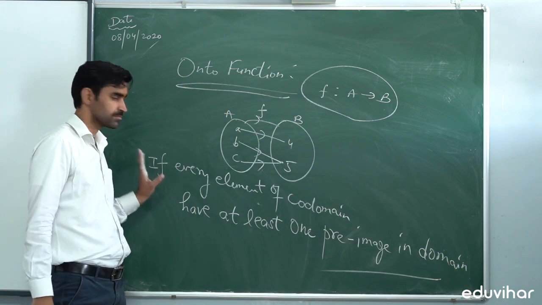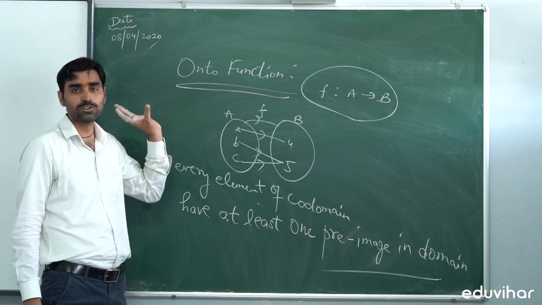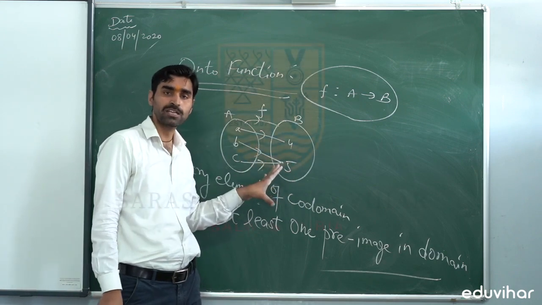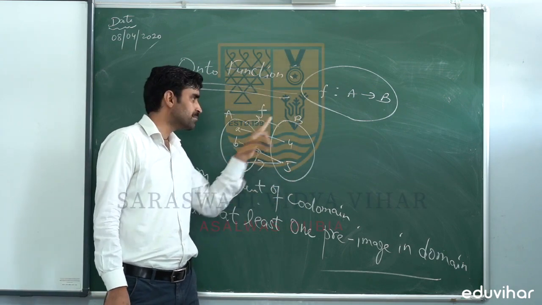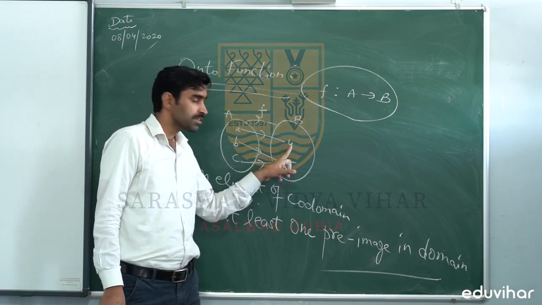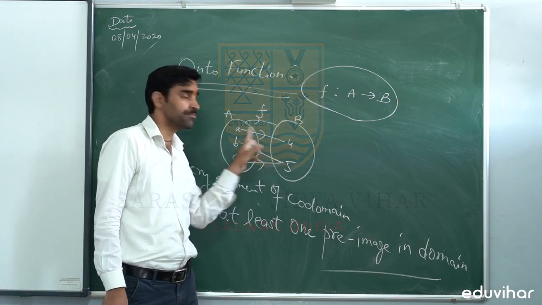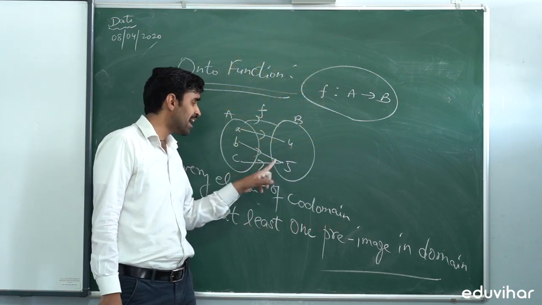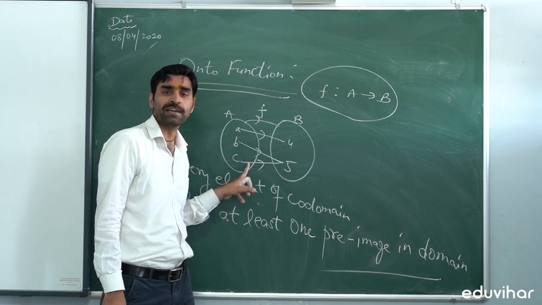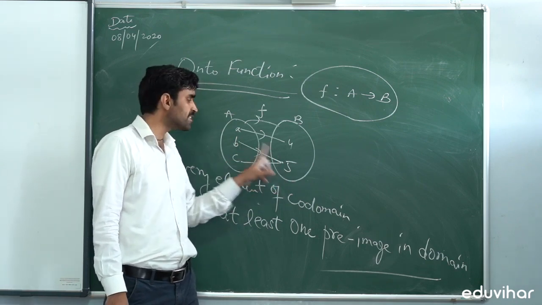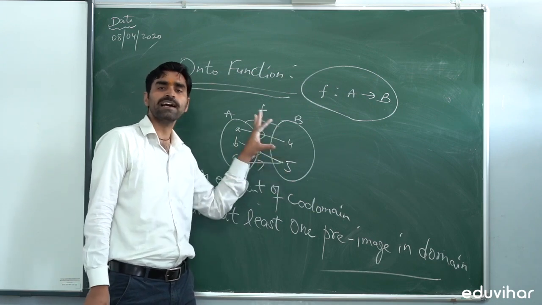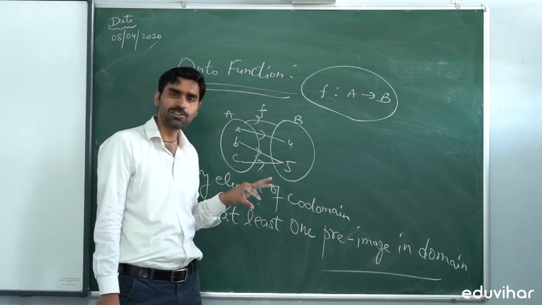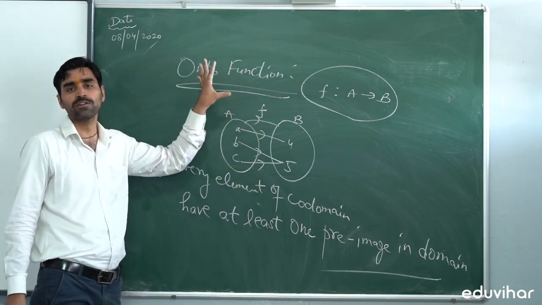If this is so, then this type of function must be an onto function. Okay, remember this. अगर हमारे पास कोई फंक्शन ऐसा है जिसमें कोडोमेन के हर किसी एलिमेंट की कम से कम एक प्री इमेज बनती है, जैसे 4 की एक प्री इमेज ए आ गई, यहाँ 5 की एक की जगह दो प्री इमेज है, ये भी यहाँ पॉसिबल है, तो कम से कम एक प्री इमेज तो कोडोमेन के हर किसी एलिमेंट की होनी ही चाहिए. Okay, if this is so, then this type of function must be an onto function.